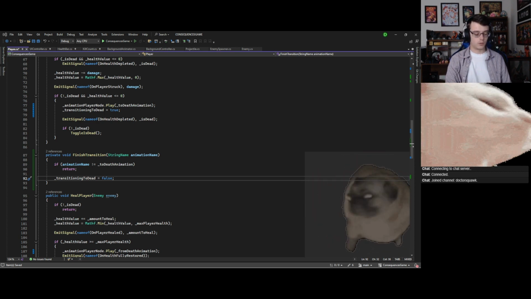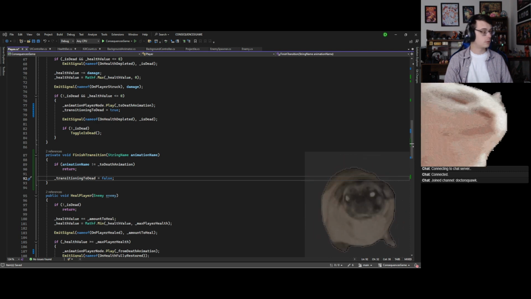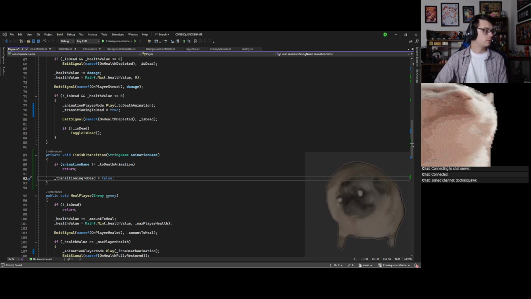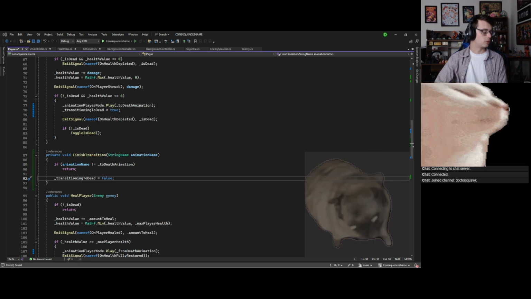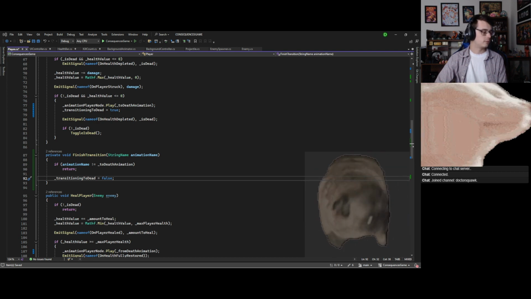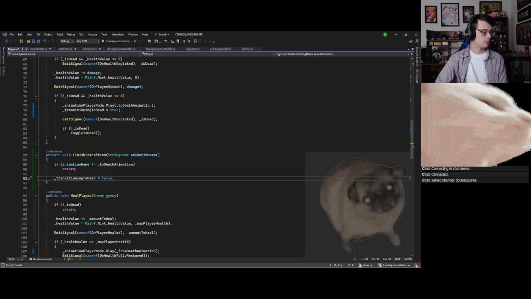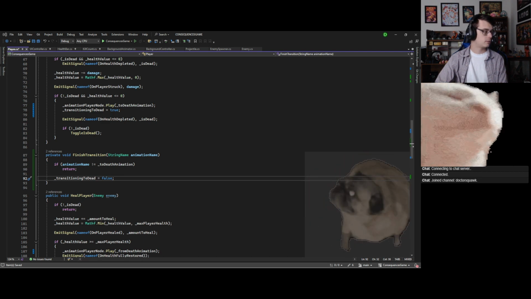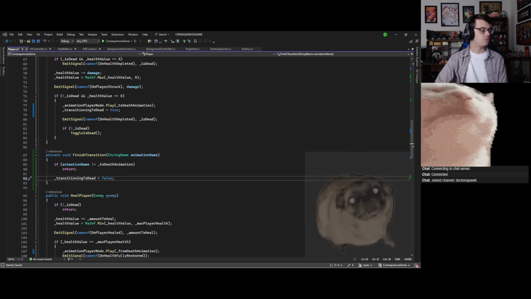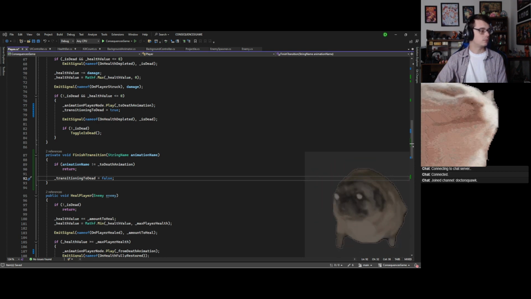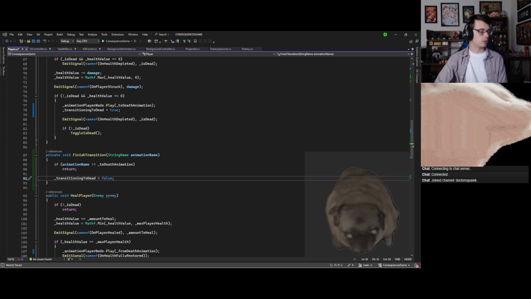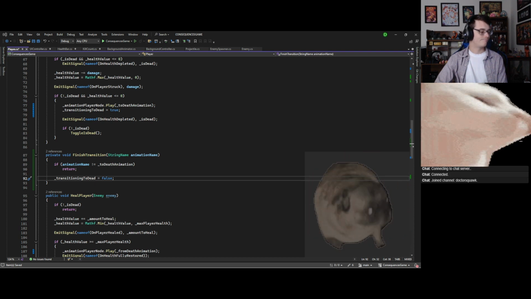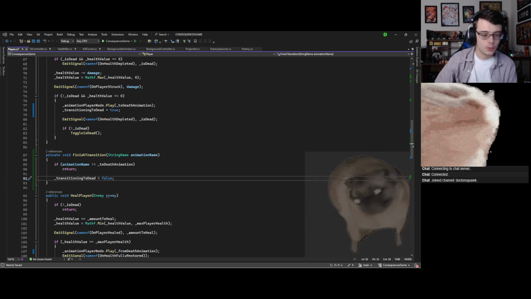Things with the mirror in them. Sun visor. Ah, okay. Visor. We're learning. I'm learning.